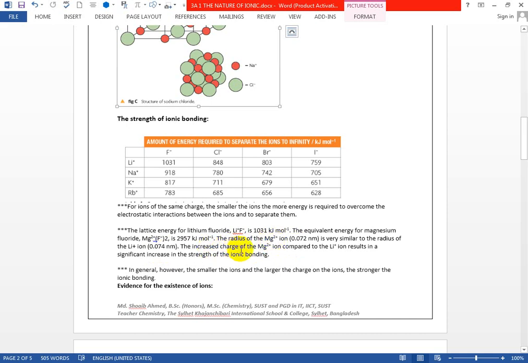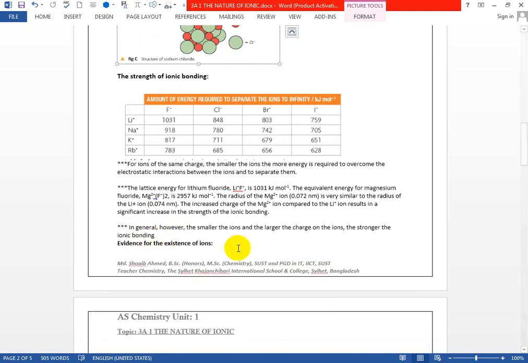So the increase of charge on magnesium ions compared to lithium ions results in a significant increase in the strength of the ionic bond. So if charge increases, charge density increases, so it becomes a strong ionic bond. In general,